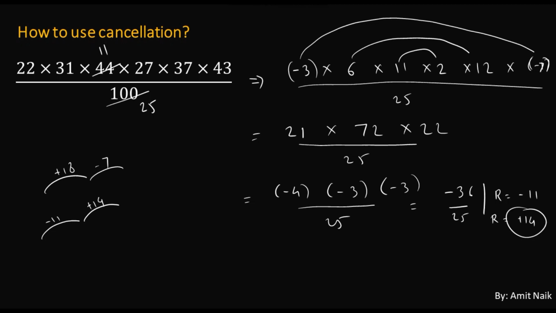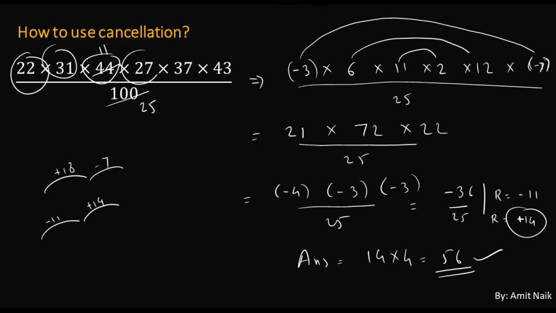But is it my answer? No. Many people make this mistake after the cancellation method. They write this down as the answer, which will obviously be there in the options. So plus 14 is not the answer because I had cancelled the question by a factor of 4. So the main answer is going to be 14 into 4, which is equal to 56. So my answer is 56. I hope this question was understood by everyone, because it is very important to understand that cancellation saves a lot of time. Otherwise, if you had not gone for cancellation, you would have required to multiply all these terms, which would definitely take a lot of time.